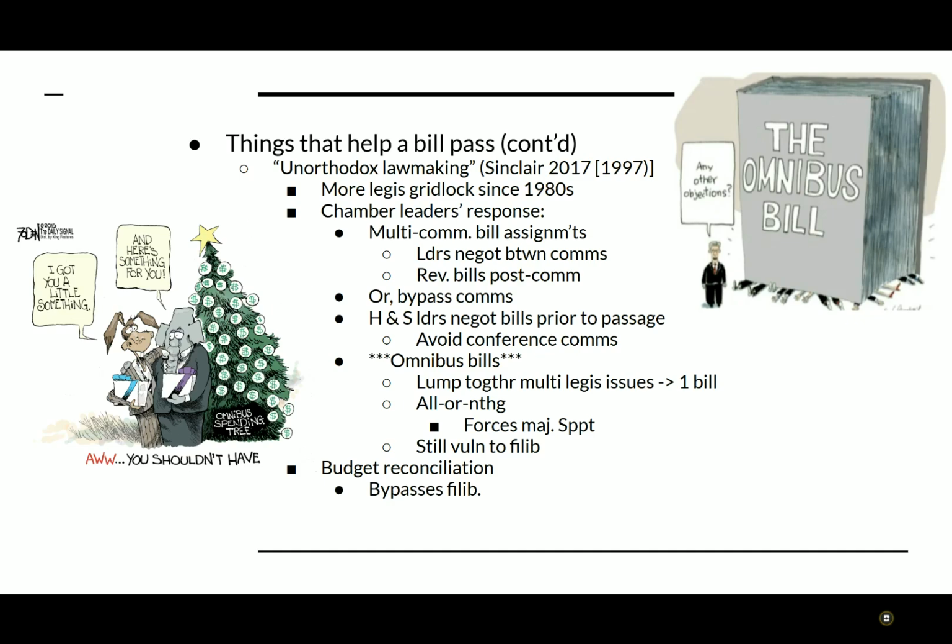If something has to do with budgeting and the need to reconcile different budgeting bills between the two houses, because of the provisions of the rules in those chambers, budget reconciliation gets around the filibuster. Things are worked out between the two houses. So in this case, we have an exception to the Senate's tradition of unlimited debate. In a budget reconciliation bill,